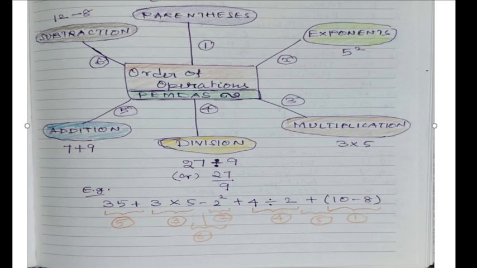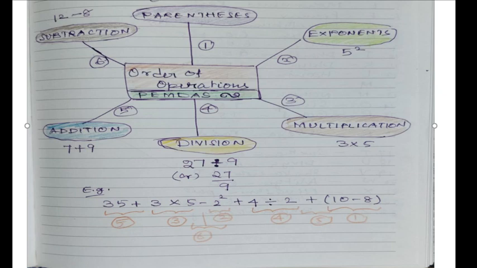So we should be ready. And just look for the exponents. Where the exponents are available, go to point number 2, that is given in a red pencil. That is 2 squared. Got it? So 2 squared is equal to 4. And then the third one, multiplication. Identify the multiplication here. 3 into 5, that is the third one. 3 into 5, that is 15.